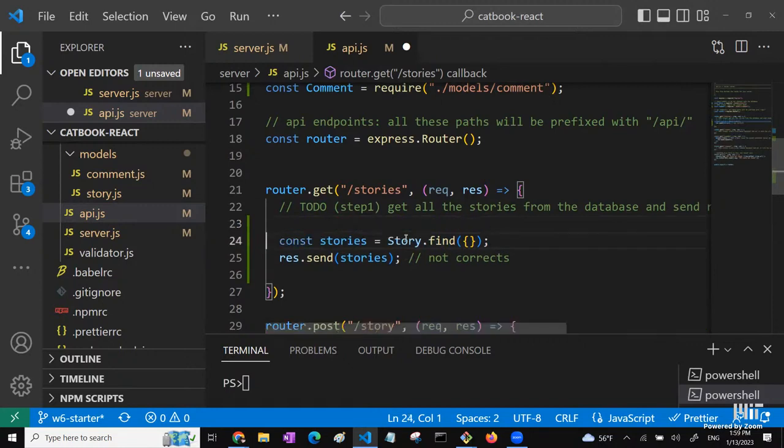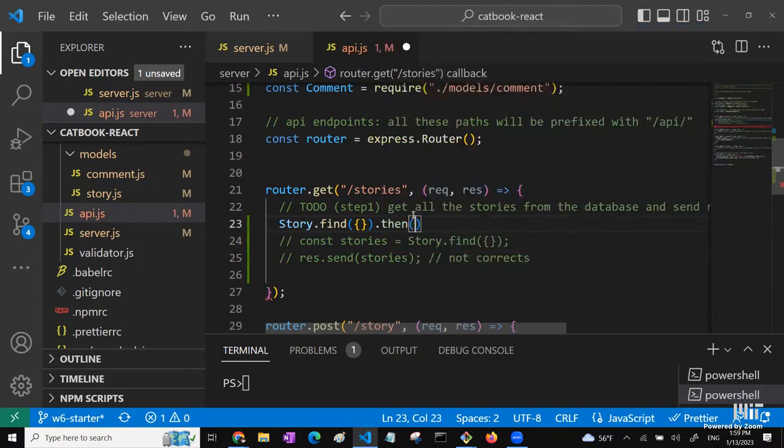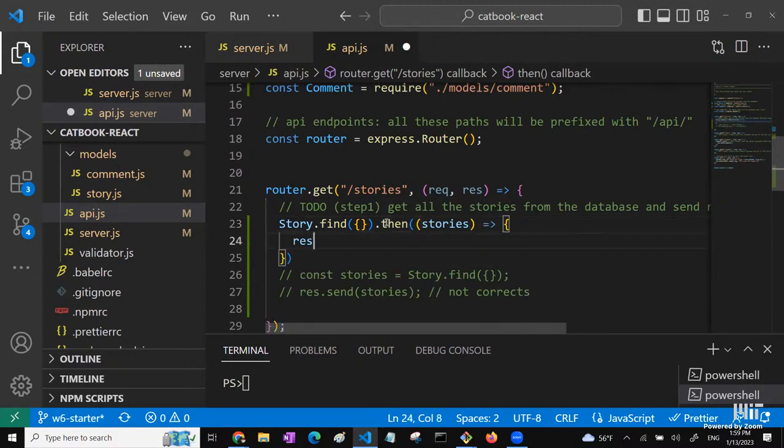all of our stories. And to guarantee that, we use again the .then clause, where we're saying that only after we find all of our stories, after we do that, we execute this function inside. Right, this is what we call a callback function, and this callback function takes in as input whatever is returned by the story.find. In this case, it is a list of stories,